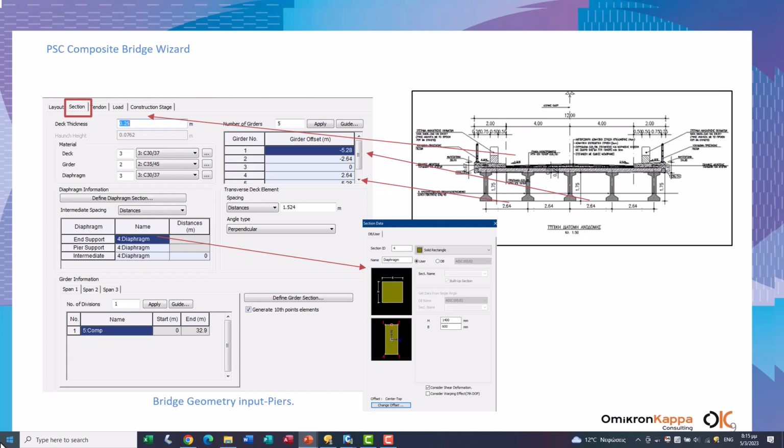So we see that we provide the deck thickness according to the drawing, which is 0.25 meters, the girder's offset, the distance between each girder, type of diaphragm, on the edge supports, on the pier support, and the intermediate space between the supports.